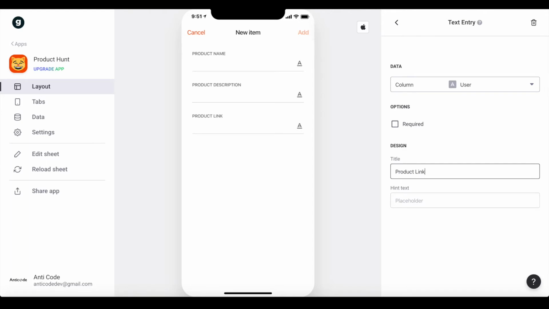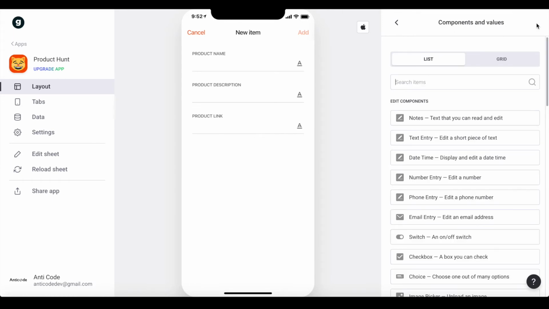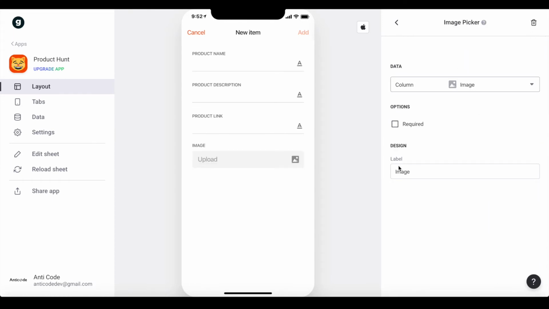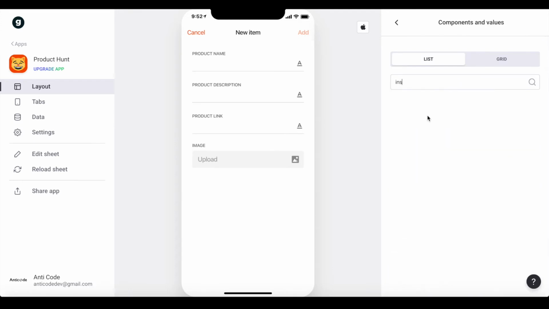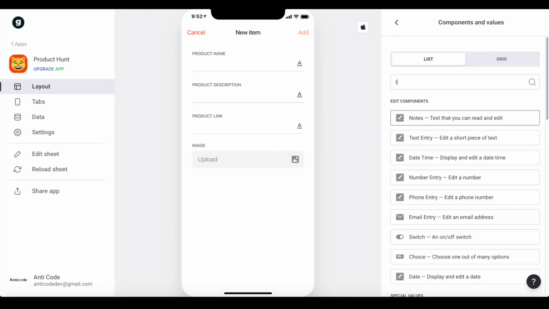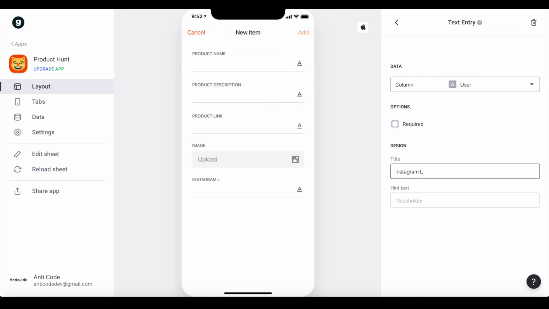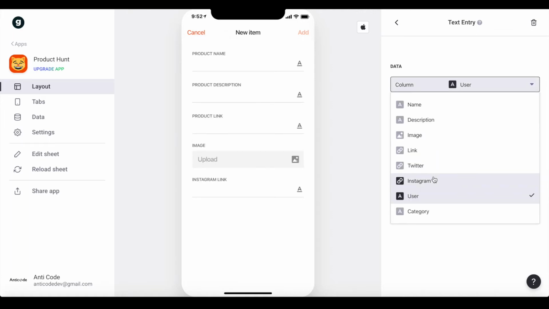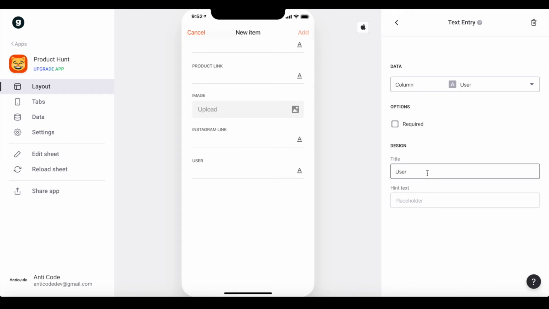Product link, like this, and we're going to match it to the link. Let's have the image picker, which is the image of the product, should be matched to the image. Let's add the Instagram text entry, let's add the Instagram link, which should be matched to the Instagram. We want the Twitter link,